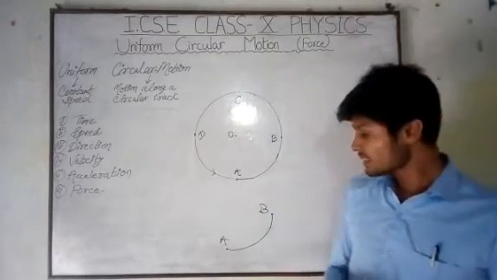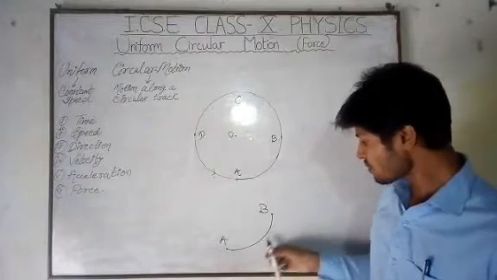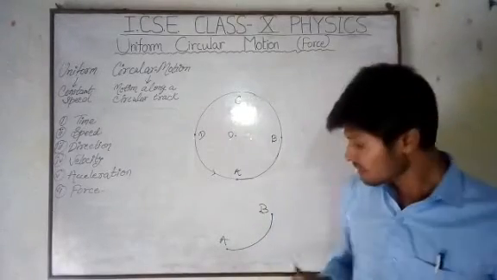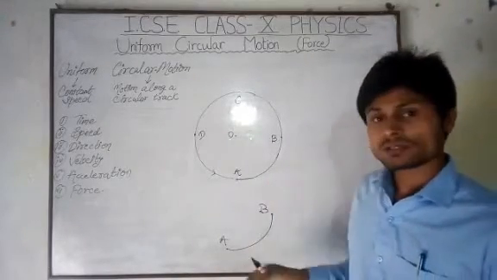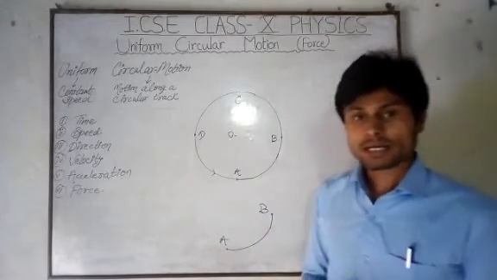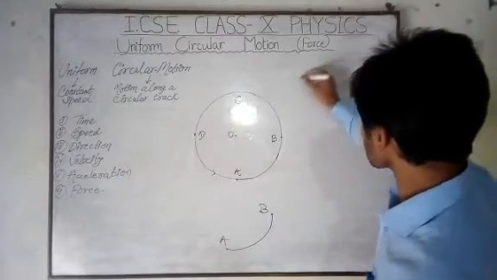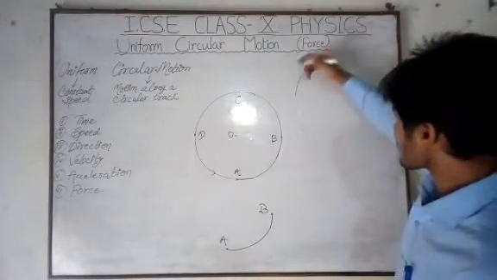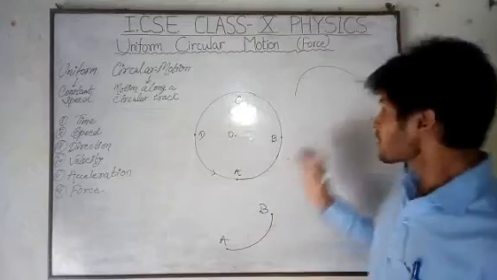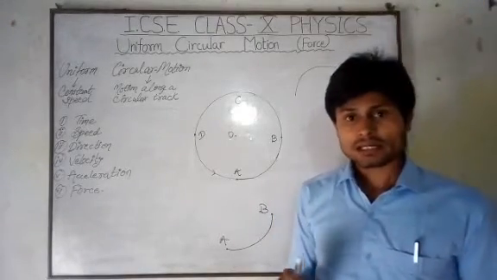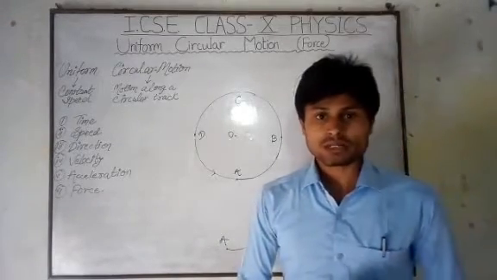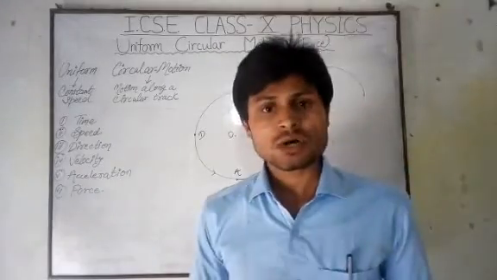If we think of a different condition, where the particle is moving from A to B only, and doesn't complete the revolution, the motion is still along a circular track, so it is said to be circular motion. For example, suppose you are in a car and your car takes a U-turn on the road. The car does not complete the revolution, but it covers a distance which is a smaller section of a circular track. So the car is moving along a smaller section of the circular track, and its motion is said to be circular motion.